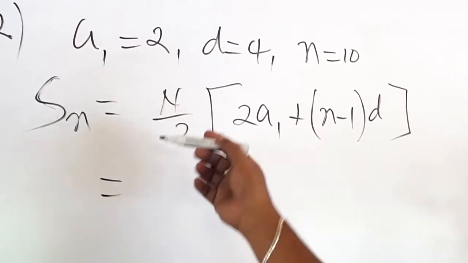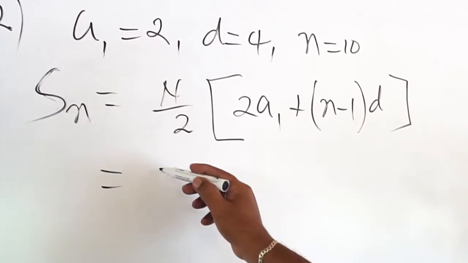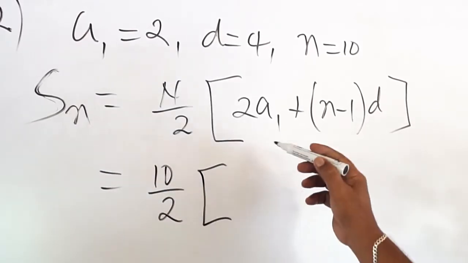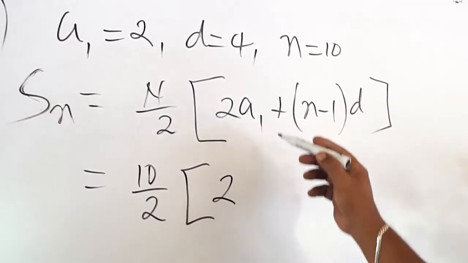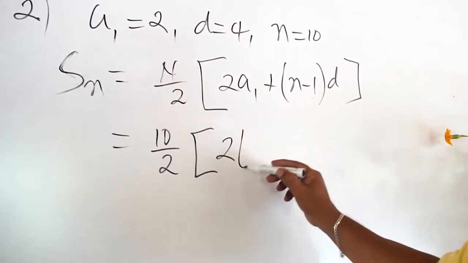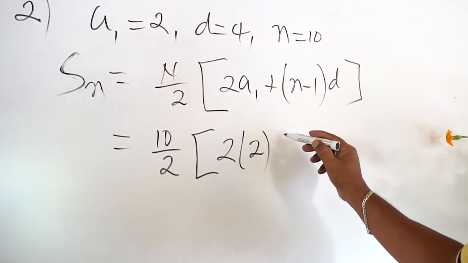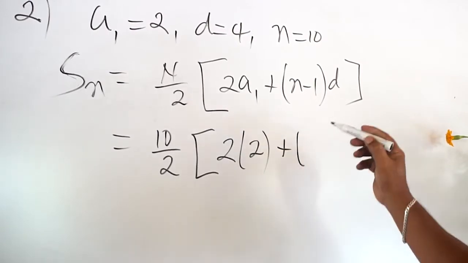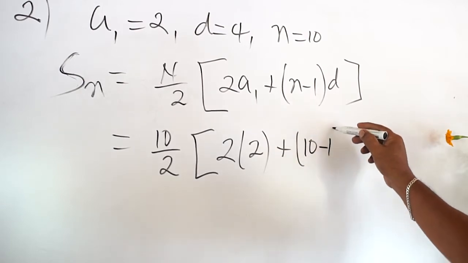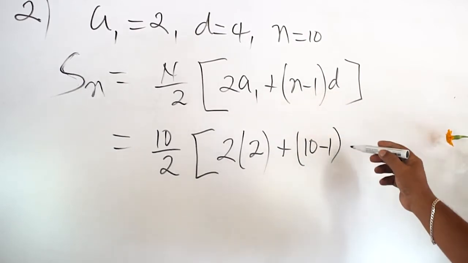Then we have the number of terms is 10 over 2, then open brace, we have 2, the first term is 2, then plus, open parenthesis, the number of terms is 10, then minus 1, then close parenthesis, then the common difference